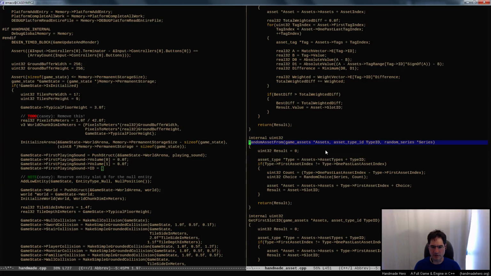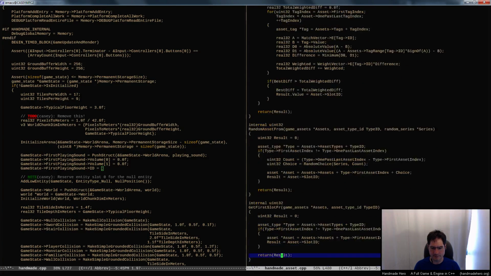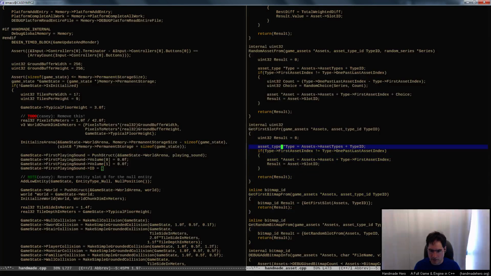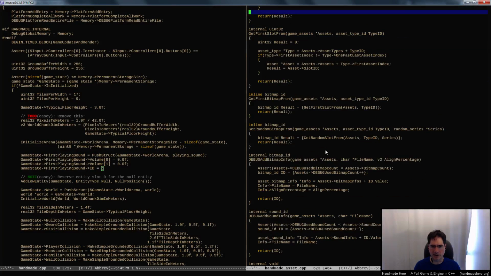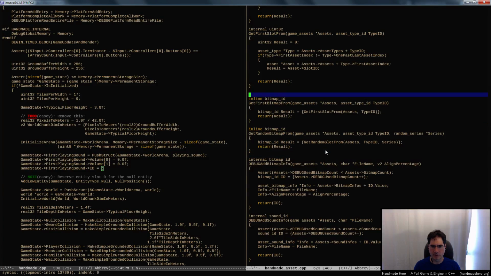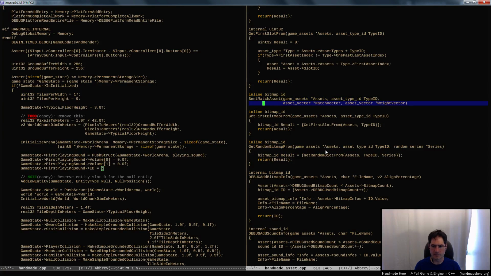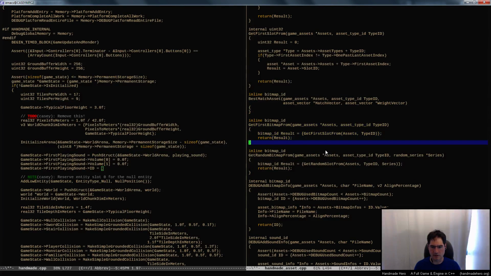And so now this is random asset from, and get first slot from, and then finally we have that best match from, and so we'll again copy that down for bitmaps as well, like so,